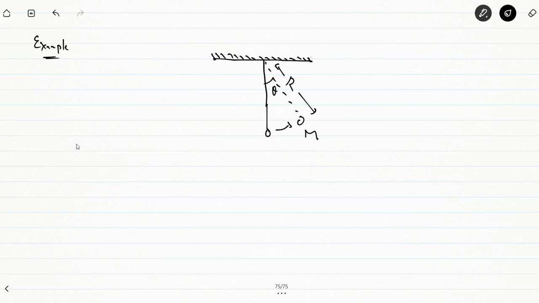So the dynamic model of this system is given by m r square theta double dot, the nonlinear equation of the system, plus b theta dot, the damping coefficient, plus m g r sine theta is equal to 0. We can basically find out the different forces acting on the system, balance those forces, and you'll get to this equation, where b is the damping coefficient, the friction coefficient rather, and g is the gravity. Fine.